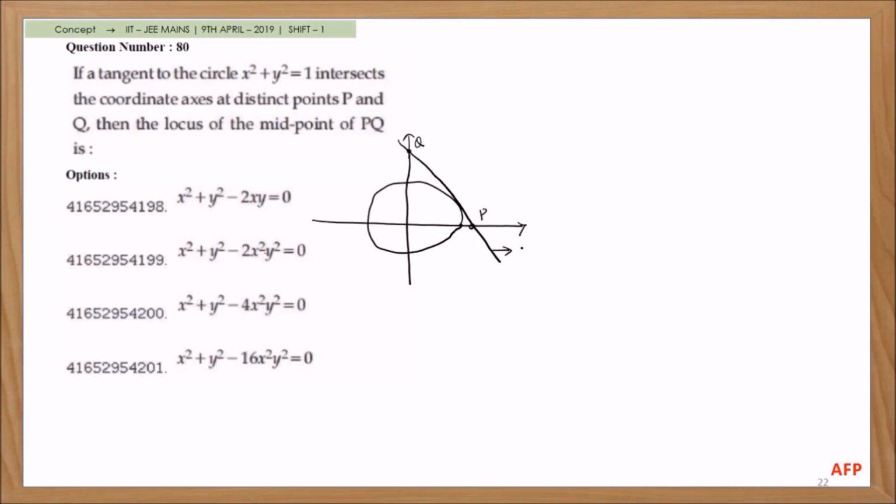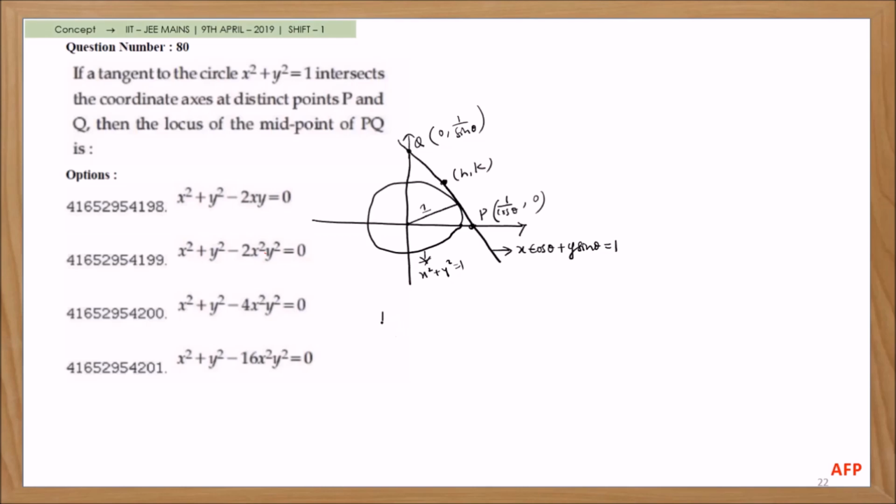So this equation we will take as the normal form, x cos theta plus y sin theta is equal to 1, where the perpendicular distance is 1. The circle equation is x square plus y square equals 1. So now what are the coordinates of P here? If y is 0, then x you are getting 1 by cos theta, so P is (1 by cos theta, 0), and Q, where x is 0, is (0, 1 by sin theta). Then the midpoint of this we will take as (h, k), whose locus we are supposed to find.